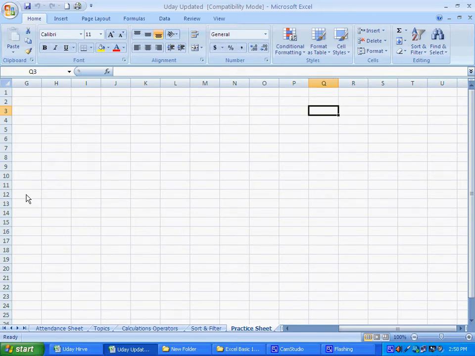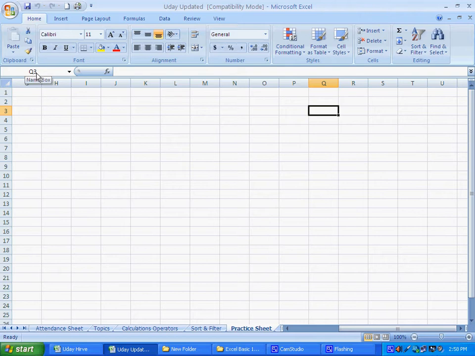Similarly you will observe there are various rows. Over here it is row number 1, row number 2, row number 3, row number 4 and so on. Right now my cursor is on Q column and third row. Over here this part is called the name box. Name box is like Q3.